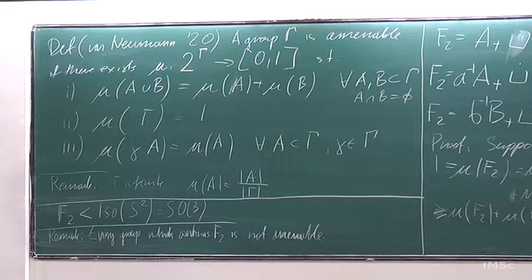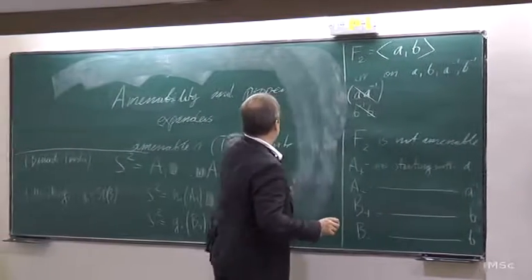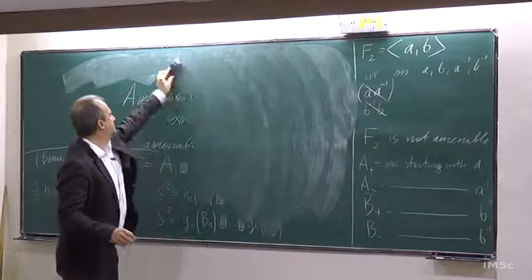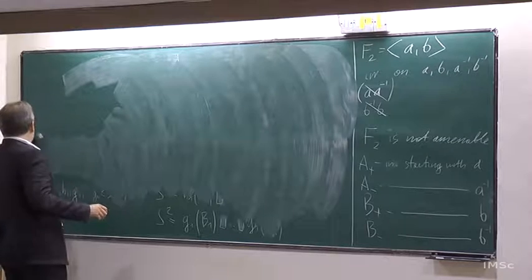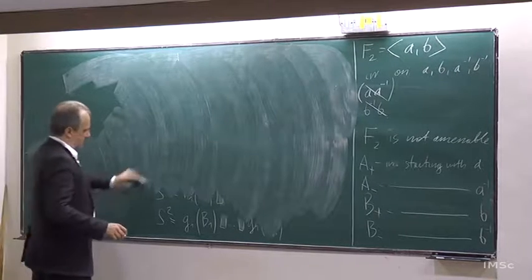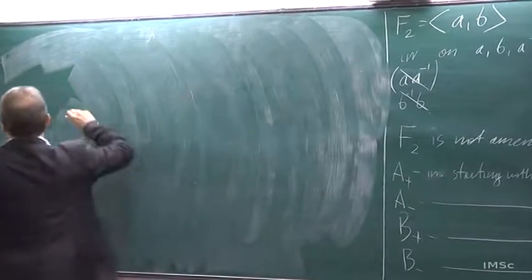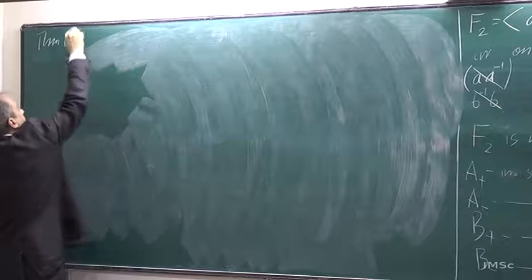Okay, so actually the simplest example of an infinite group is amenable. So the theorem, which goes back to